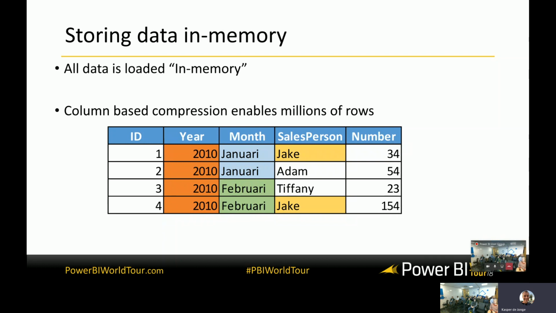And I'm going to do the same for everything else. So next, the next row is again 2010. I'm going to see if that value already exists. If it does, I'm just going to store the pointer to that value instead of actually storing the entire value. And this is what we're going to do for the entire table. So instead of actually storing the values, we're going to store pointers to those values, which allows us to do really big optimized compression. The same thing goes for months. In this case, we have 2 months, and I'm only going to store two different values, very small pointers instead